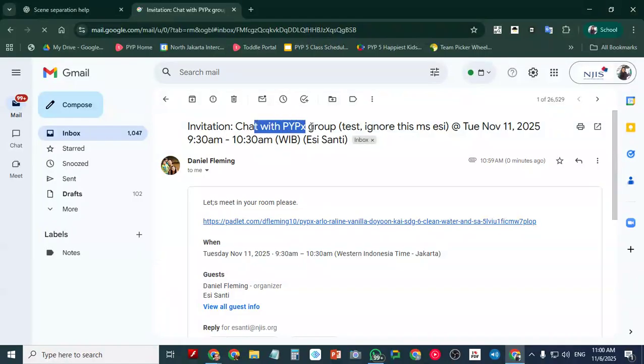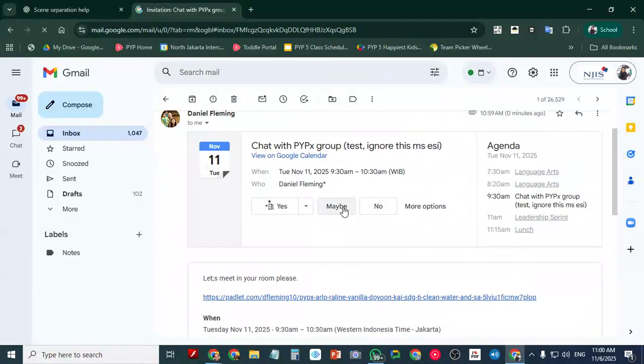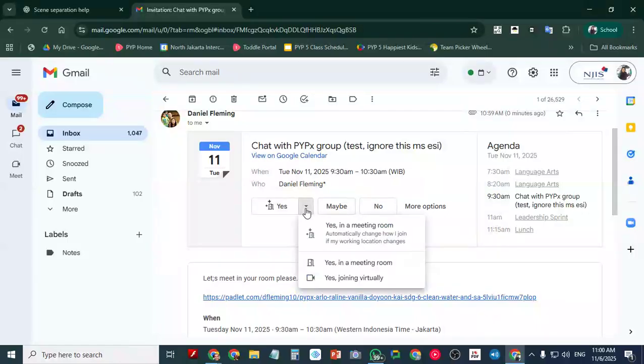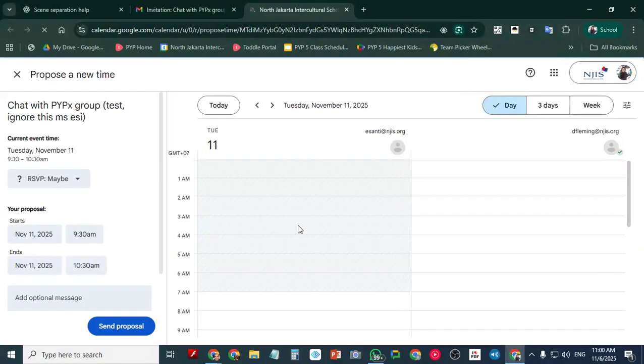It says invitation, chat with PYPx group, test, ignore this. And Miss Essie could say no, or she could say maybe, or she could say yes. She could also click more options. She could propose a new time. So she might say like, well, that doesn't work for me, but I'm going to propose a new time. And she could do something like, I want to meet at